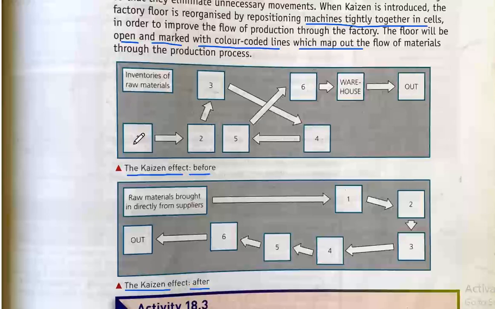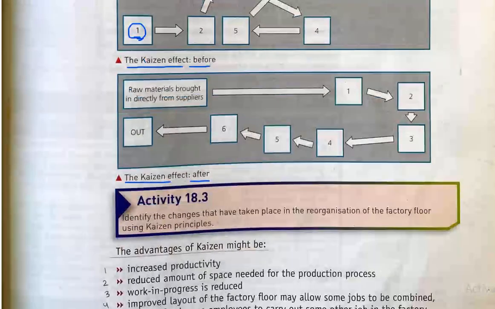Okay, starting with, let's say, the first part of the production, all the way till the products are out for the customer. The employees themselves provided a solution: we must reorganize the floor of the factory and the machines, so employees will not move around all the time, and machines will be numbered and coded and organized,